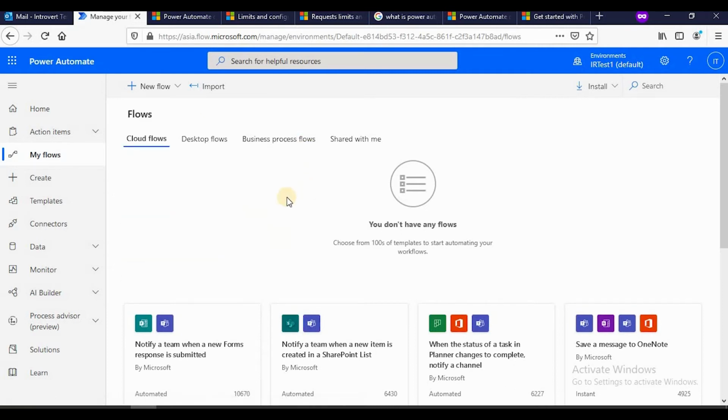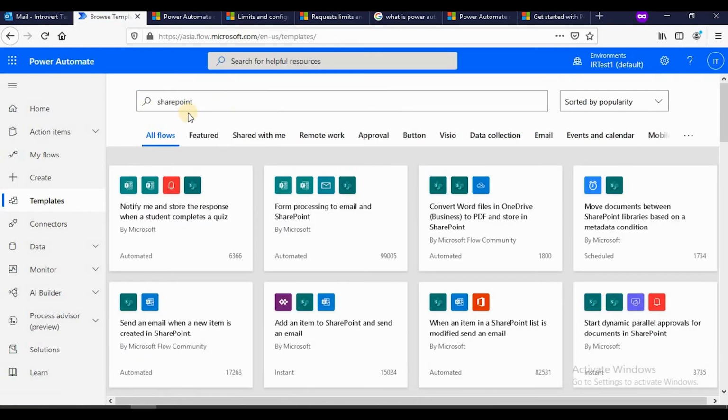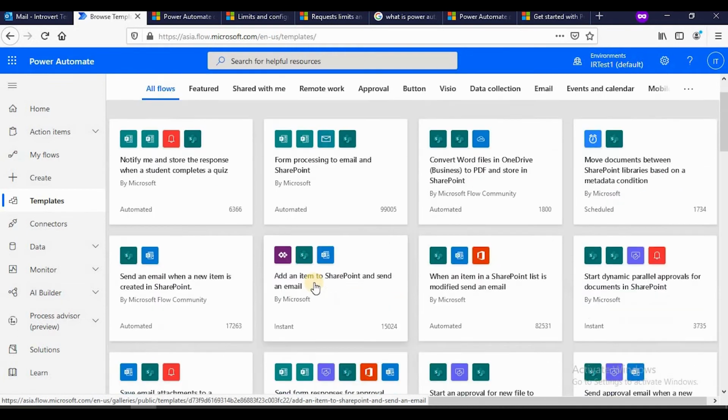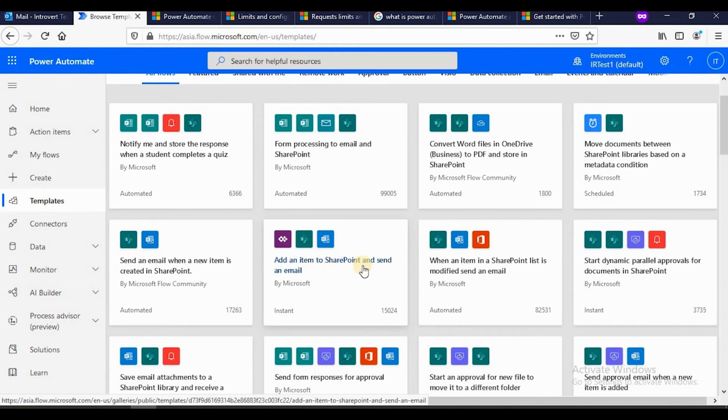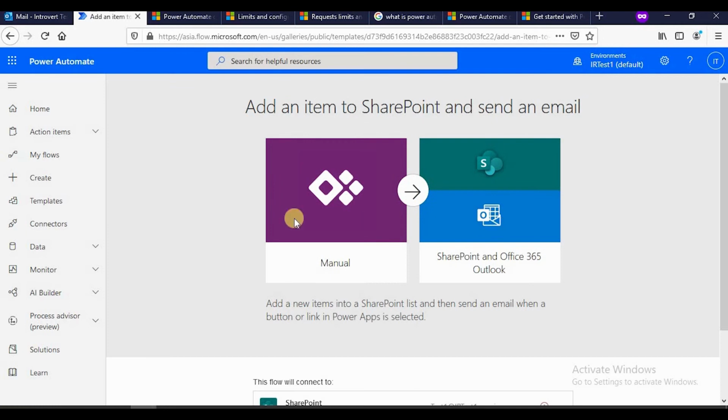Now we'll explore the area of actions and conditions. If I go and create a workflow with the existing template, and filter with SharePoint, you see there are so many templates already there. Here, add an item to SharePoint and send an email. I'll select this, and you see these are the connections which are required. So this is SharePoint, Outlook,